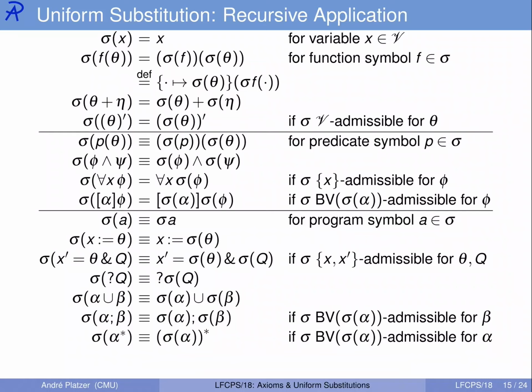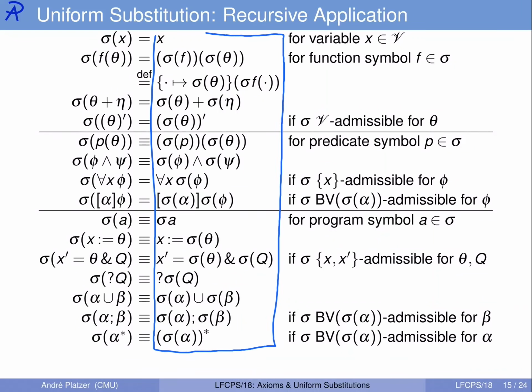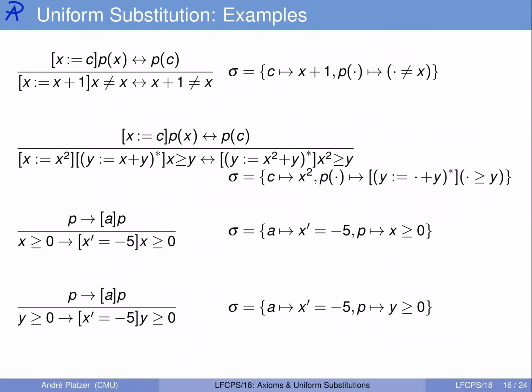And then, what have we done? Well, we've spelled out in kind of the obvious homomorphic recursive way the result of running the substitution over terms, formulas, and programs. And the only slight complication is that we have to pay some attention, but it's always the same way, to make sure that we never bind a free variable, because we would otherwise go to logic jail, in other words have done unsound reasoning. And there's one mechanism that